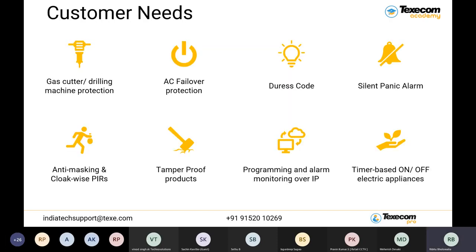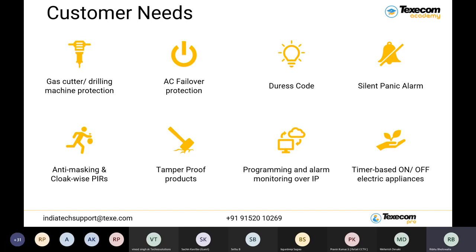Okay, so let us briefly review what we understood last time. This is related to the customer need. Here our customer is the bank, the banking sector, and the end user means the bank people, the CSO officers or the security people who are managing the security at the banking sector. First and the foremost need is that they want to protect their ATM machines and their locker area. So in order to protect these areas,